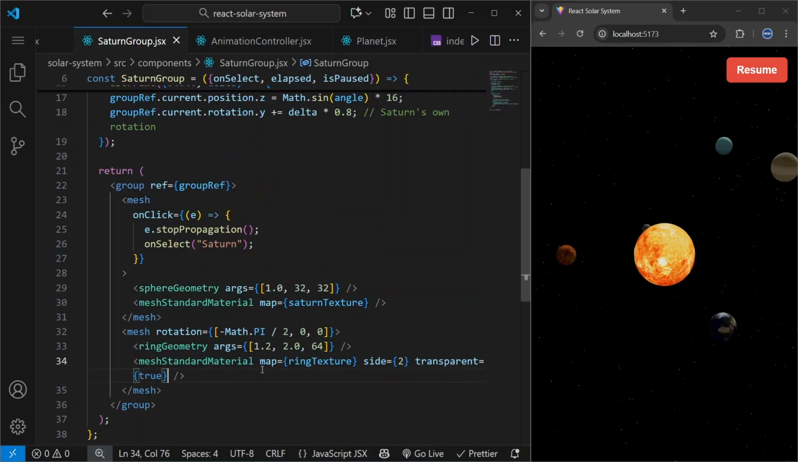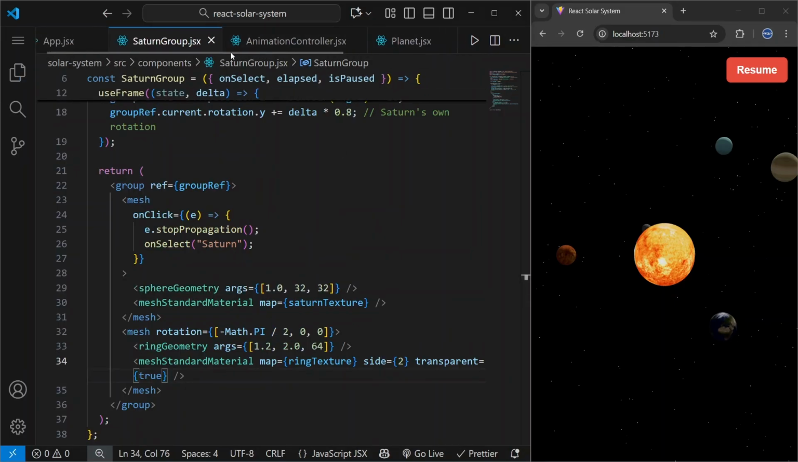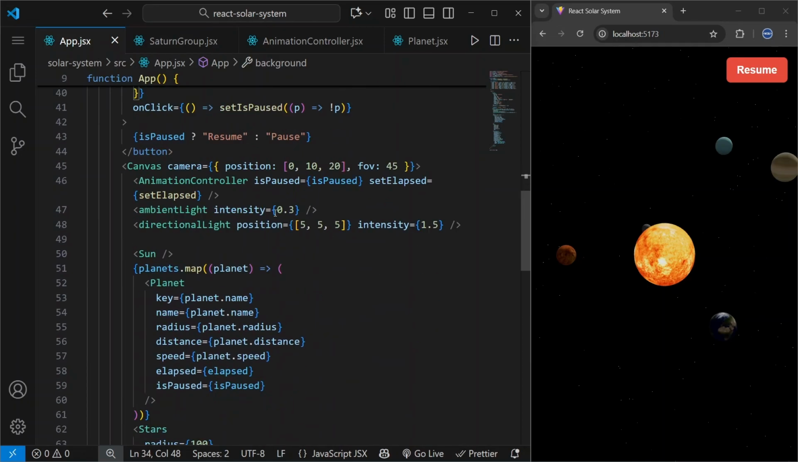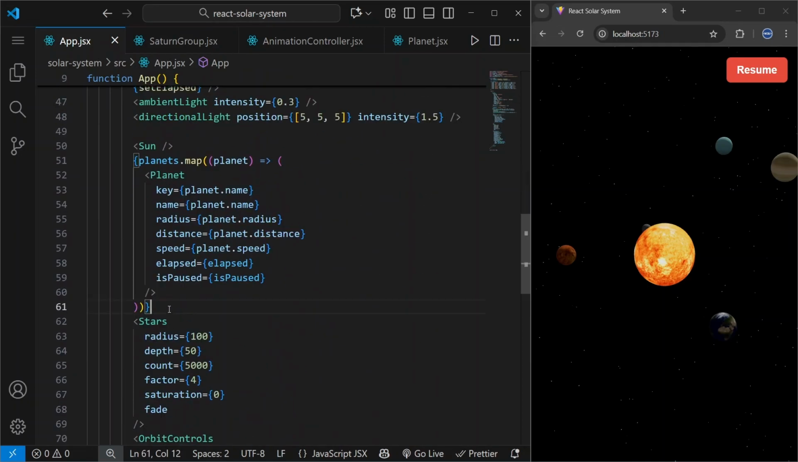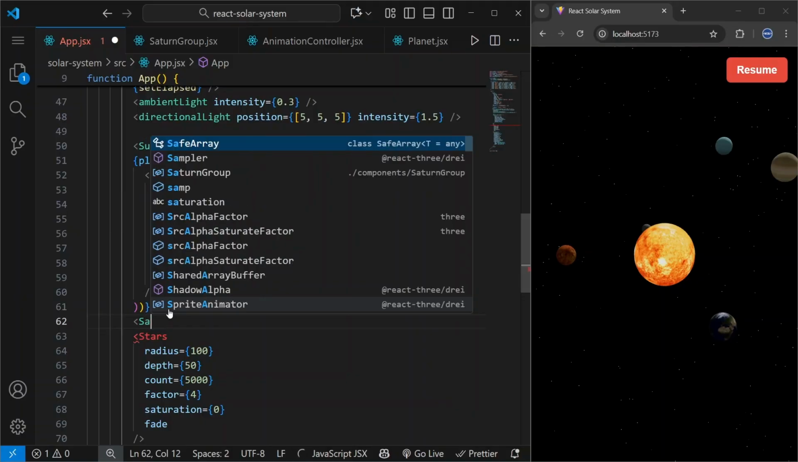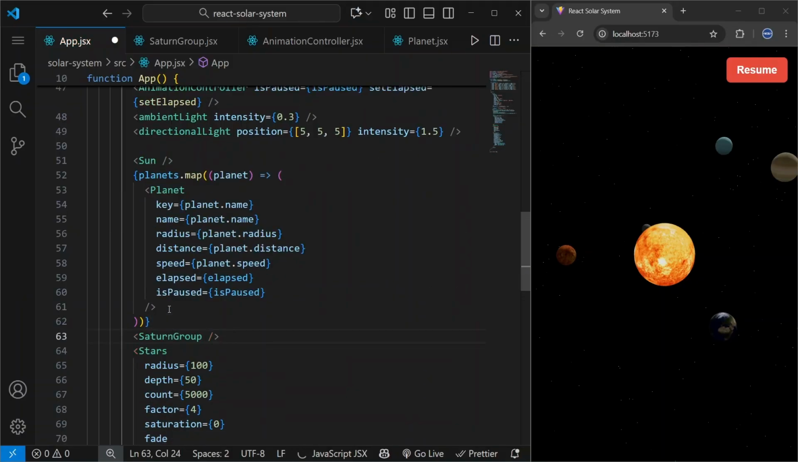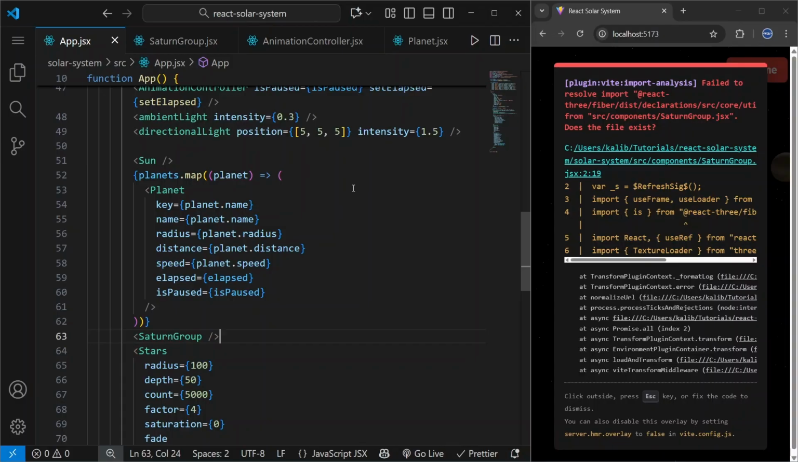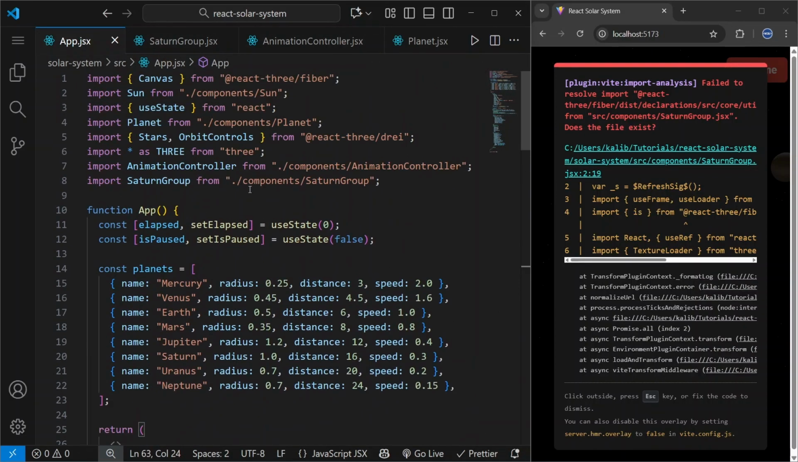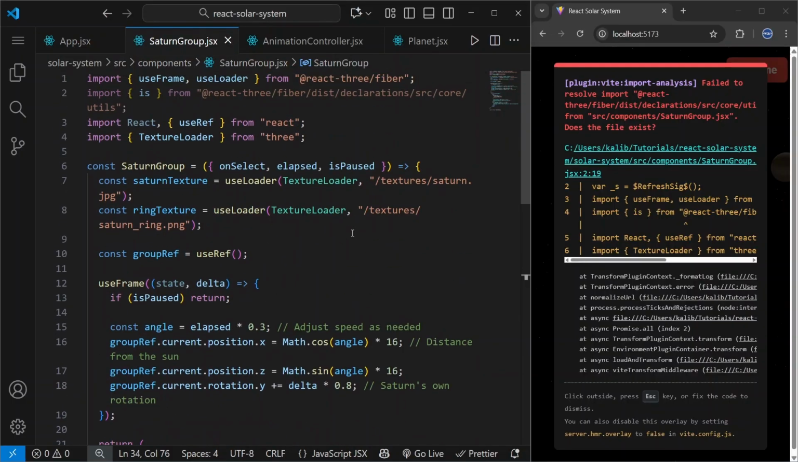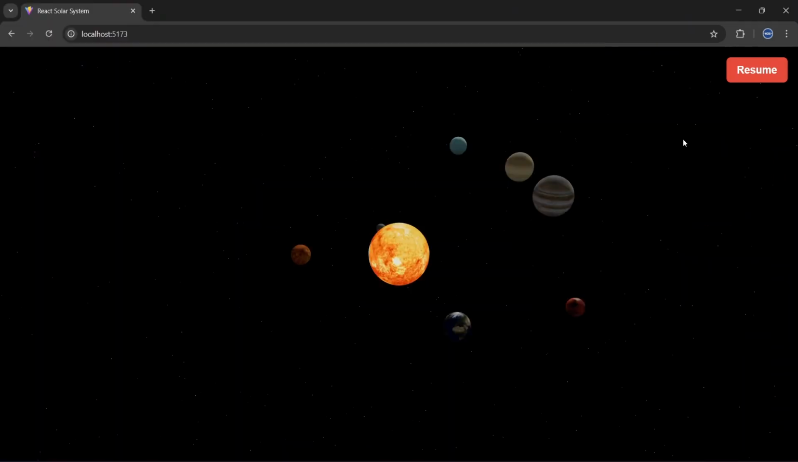So let's save this file, and now inside App.jsx, let's try to use it. Okay, so let's come here, and under planets, let's say that here we want to have Saturn group. Okay, so let's save this file, and looks like we have an error. We have failed to resolve, does the file exist. So let's make sure that we imported it. Yes, here it is. So here we have an import, but we don't actually need it. Let's just remove it, and let's save this file again. Let's click resume,